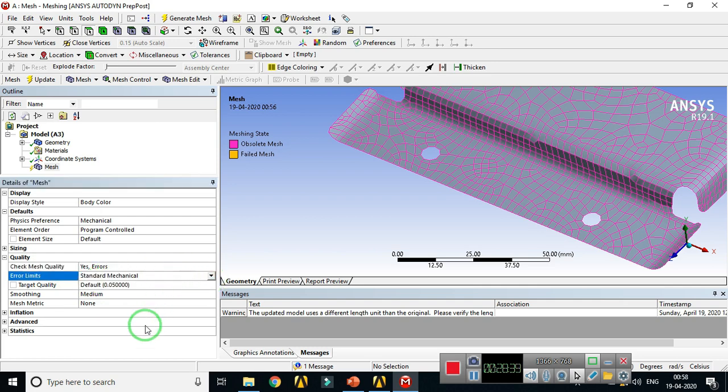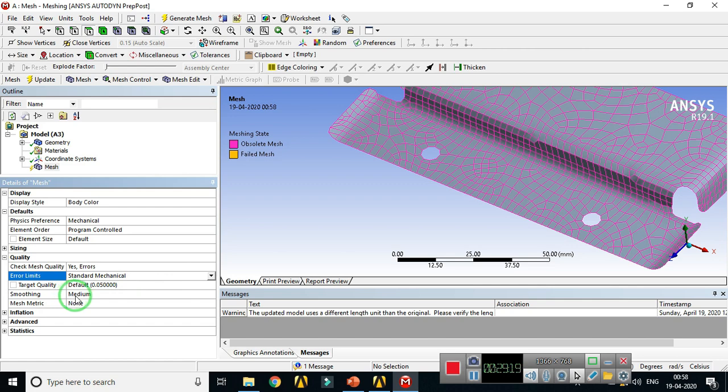The standard mechanical setting is recommended when solving linear model stress and thermal analysis problems, and the second setting is recommended when you are going to perform large deformation or material nonlinear analysis problems. So it is recommended to keep the standard mechanical setting as the default setting.